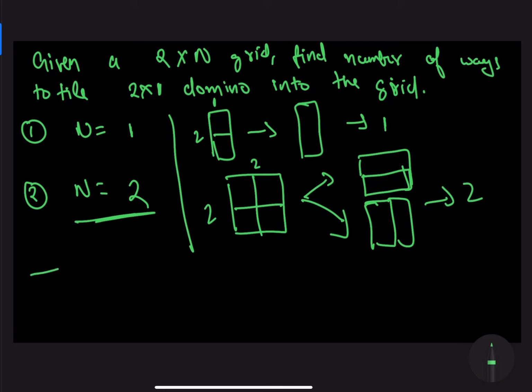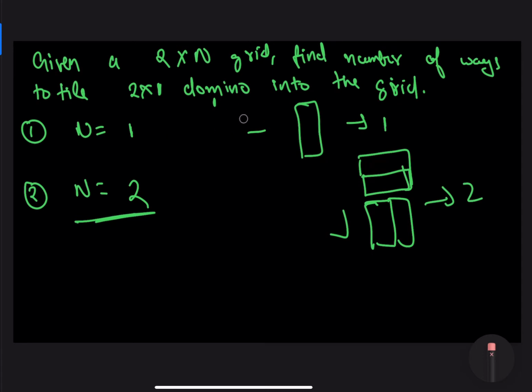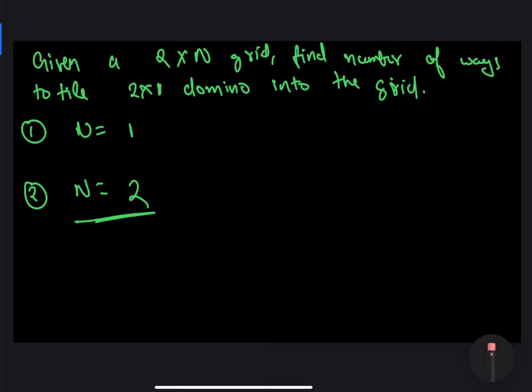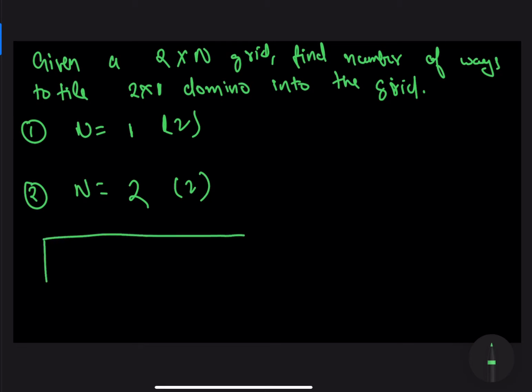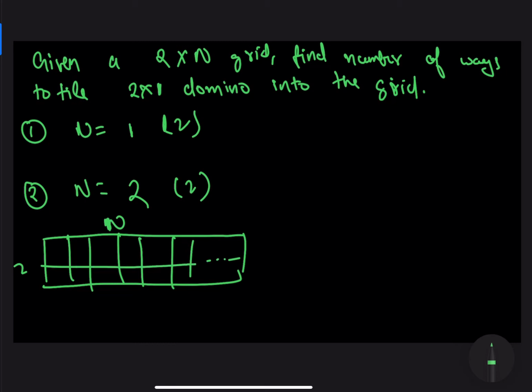All right, so for better understanding of that, let's just clean this up first. For n equals 1 I know that the answer equals 1. For n equals 2 I know that the answer is equal to 2. So let's try to see how we can extend this to any value n. Let's say that we have a 2 cross n grid. How do we actually tile this entire grid up? Let's have a look at the first position of this grid.